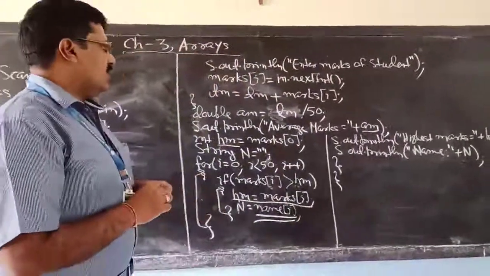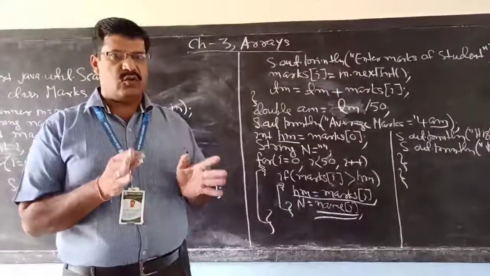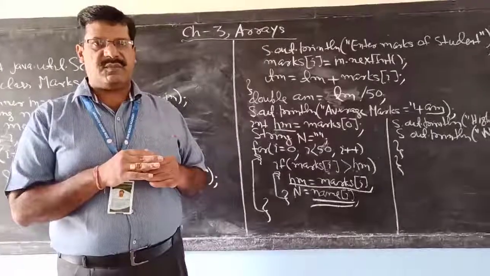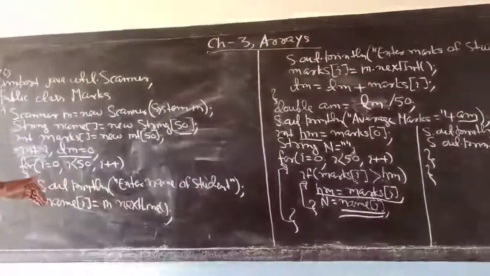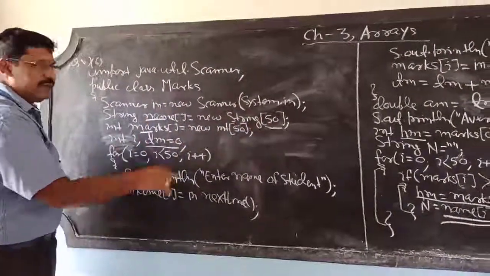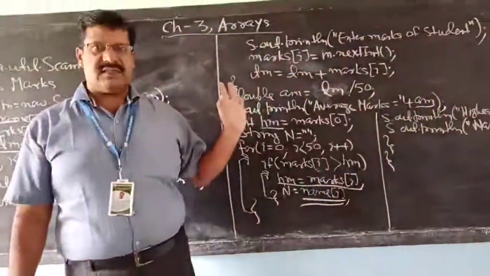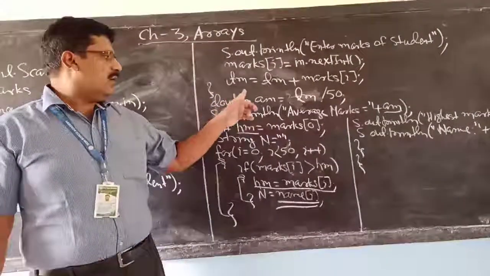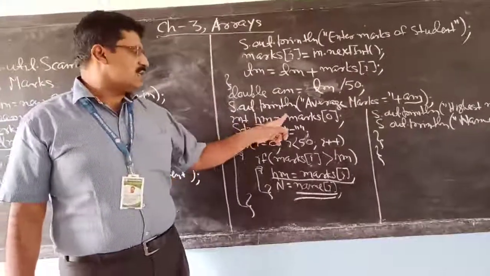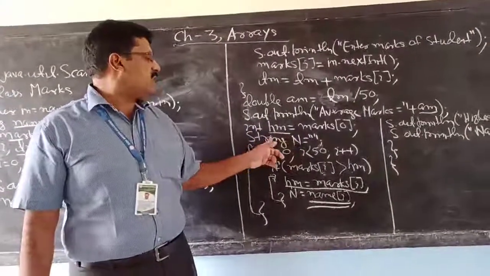So once again, the question asks to input the name of 50 students and their marks in two arrays, find the average marks of the class, find the highest marks of the class and print his name. So what we have done: we have declared two arrays, one for name and one for marks, of size 50. We created the loop, input both the values, and calculated the total marks of the class in the same loop. Then we got the average marks, total marks divided by 50, and printed the average marks. Then highest marks equal to marks[0], the first marks stored in highest marks, and name n set to null.